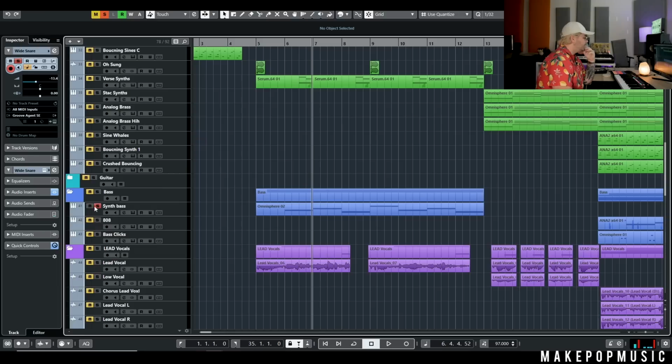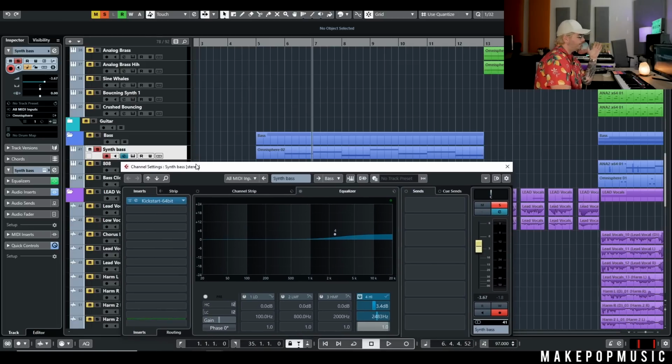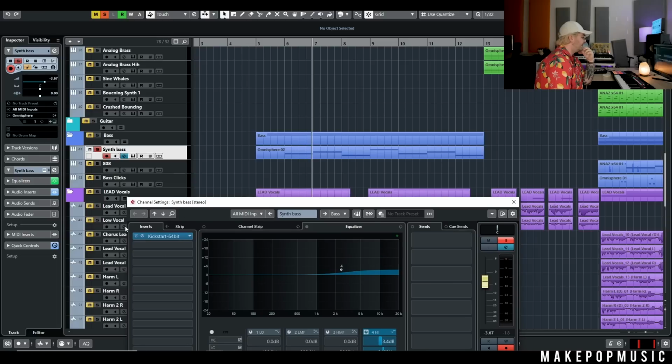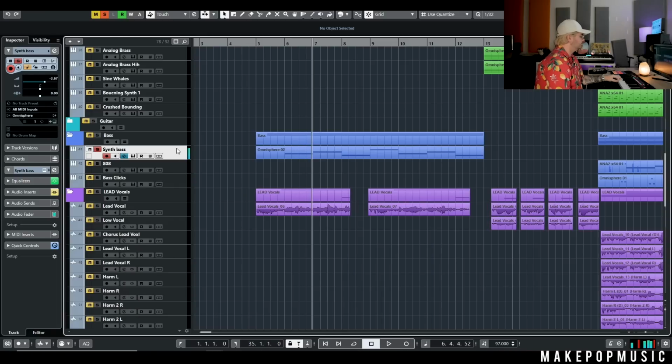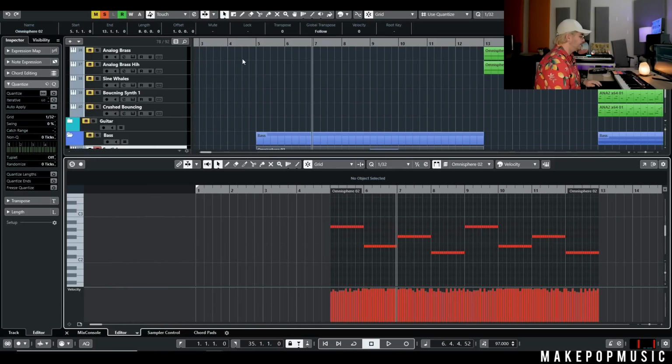The next thing that we do, there's really only one thing happening in this entire verse, and that's just a little gallopy bass. I'll show you, there are a couple ways that you can do this. You can either make a bass like this where you have an LFO or an oscillator driving it with a sync, or what I did is I just picked a nice little plucky bass, and then you can see right here as I open this up, I actually played it to get some variation. So we've got,